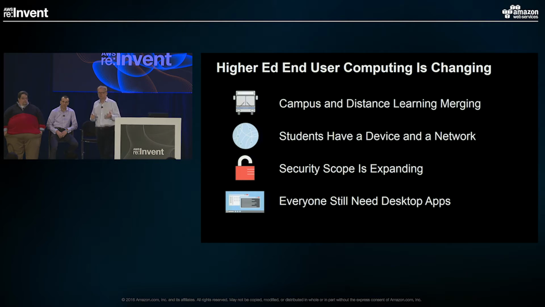But at the same time, there's some risk there. There's some concern because now you have a broad proliferation of endpoints that you have to support. So the security surface area is exploding a little bit. There's a lot of different ways that students can do things that you don't necessarily want them to do. I'm sure these guys have horror stories at various levels. So there's a lot of risk to be considered there.